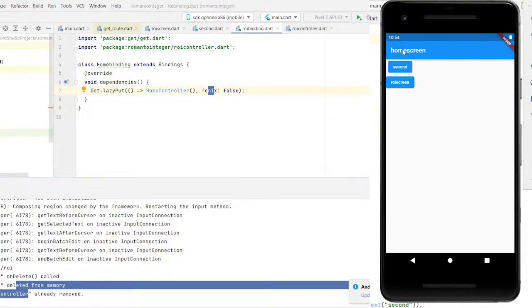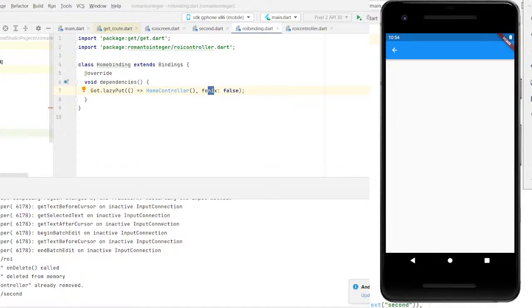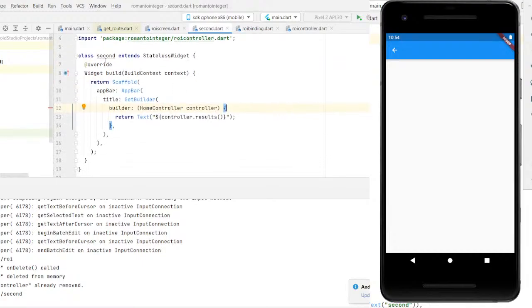Okay, let's move on to the second screen. There is nothing. Because why? Because it was deleted from memory, the home controller. Okay, so that is the main use of the Phoenix. There's another thing. So the second class,